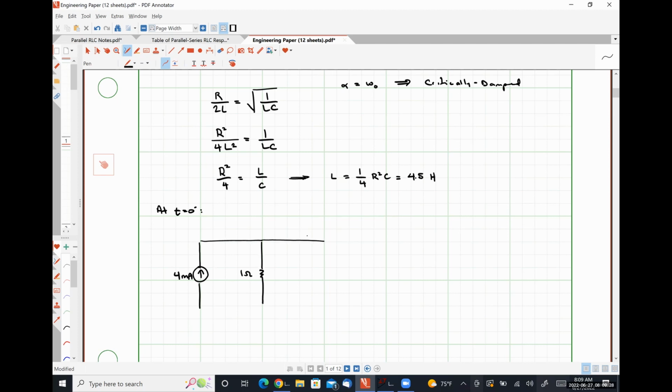Our inductor looks like a short circuit, so that's that. Our switch is closed, so our other 1 ohm resistor is connected directly in parallel. Here we have our 5 ohm resistor. And then our open circuit representing our capacitor. And I'm going to label my quantities of interest, which include